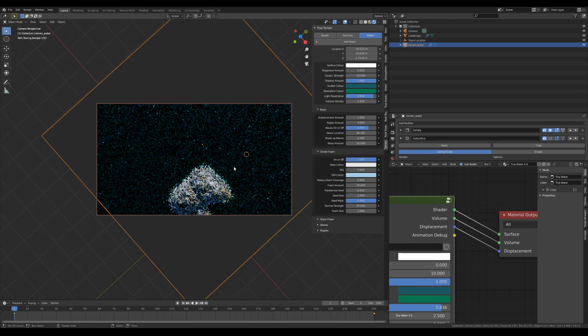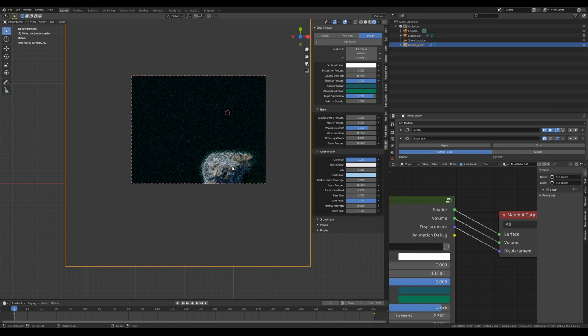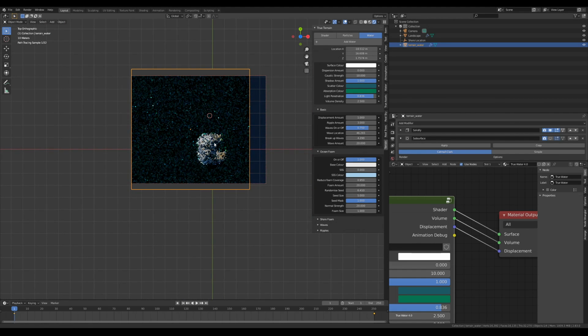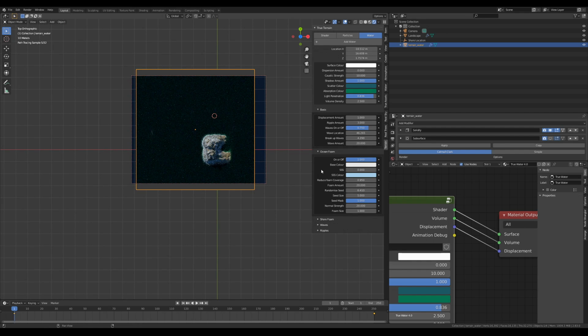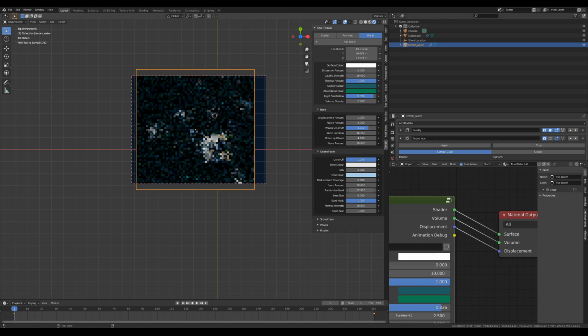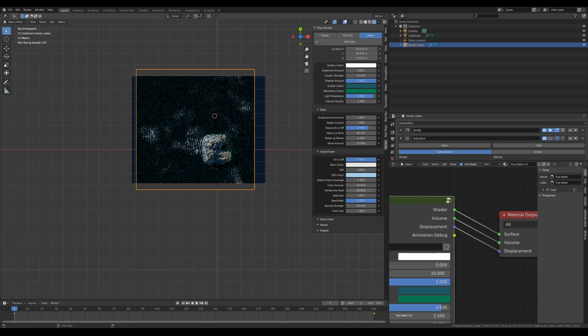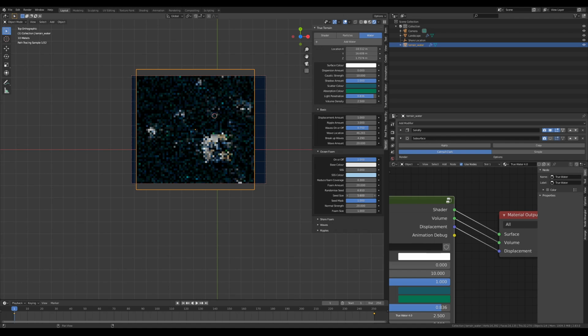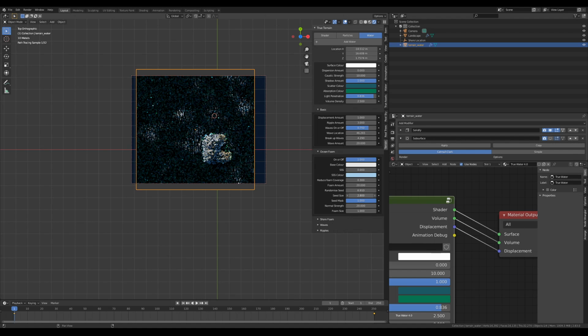And when we do this, probably best to go into like top-down view just to see where the foam is generating. And we're going to change this reduce foam coverage. We're just going to reduce that value like that, so we can see where the foam is. And we're going to randomize the foam generation seed so that we can move the foam around on here. And we're going to change the seed size to like 3,